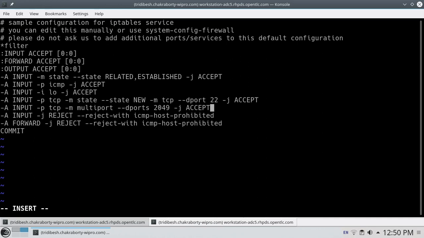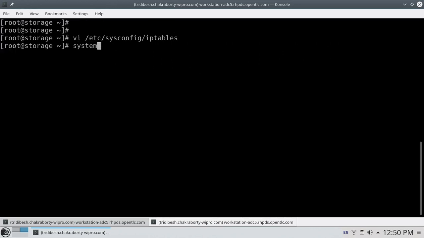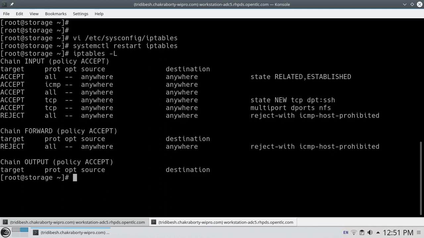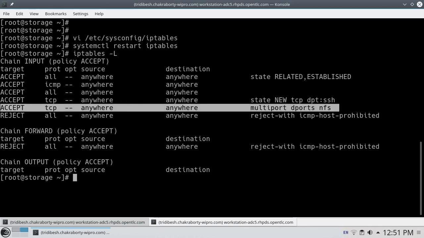That is the NFS port. Then we'll run systemctl restart iptables, which will allow the NFS connections. Let's check with -l. You will see it is now accepting NFS connectivity.